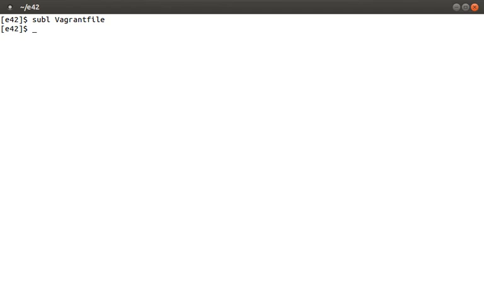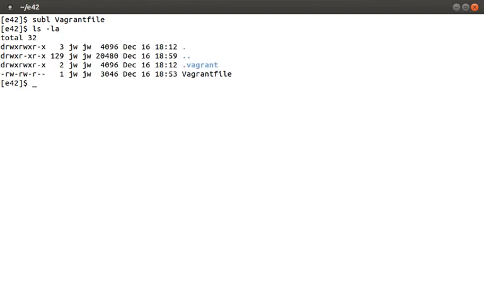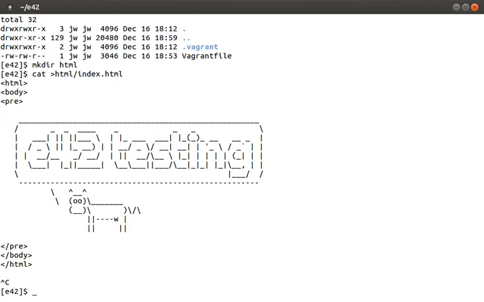I know it might seem like it's taking a little bit before we fire up our first Vagrant box, but I just want to do this prep work so it makes the demos go really quick, and so that you have an idea of what goes into making this happen. So before we fire up our first Vagrant box, let me just create an HTML directory and throw an example index.html file in there. Let's also create the Bootstrap shell script, which uses the provisioning option in the Vagrantfile